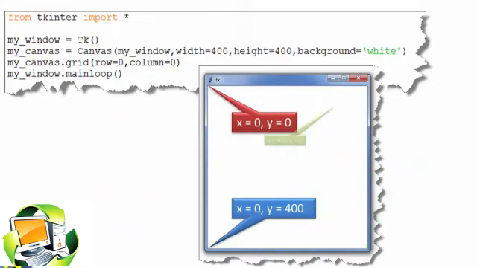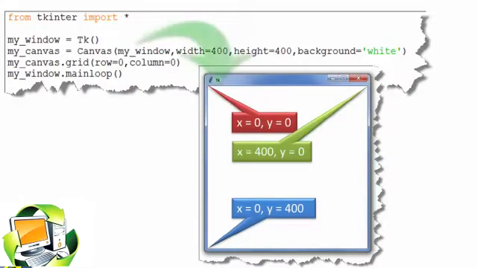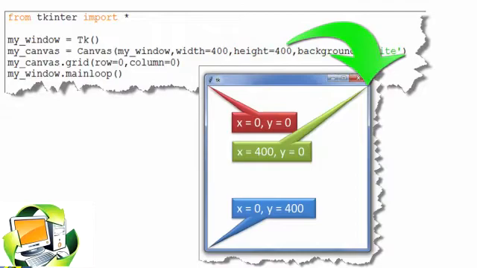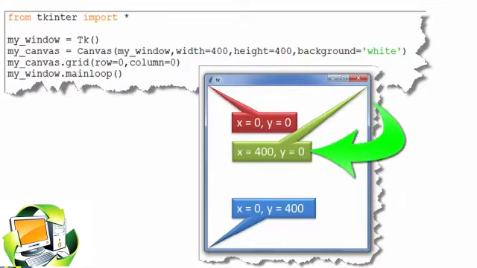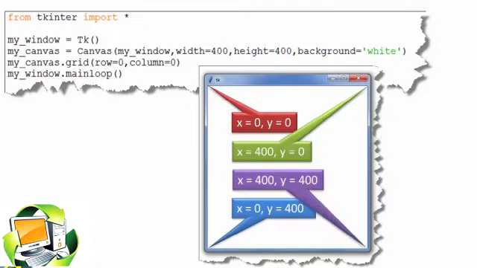Now if we go to the top right corner, the coordinates will be X equals to 400 as we have moved in the X direction and Y equals to 0 as we haven't moved in Y direction. Now coming to our last coordinate. Here X equals to 400 and Y equals to 400 as we have moved in both the directions.